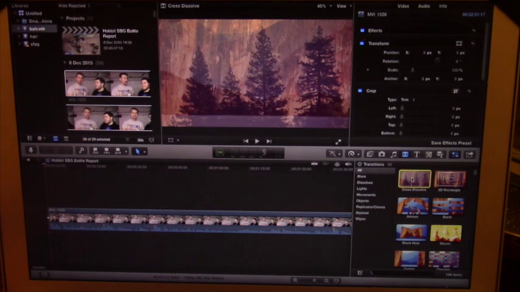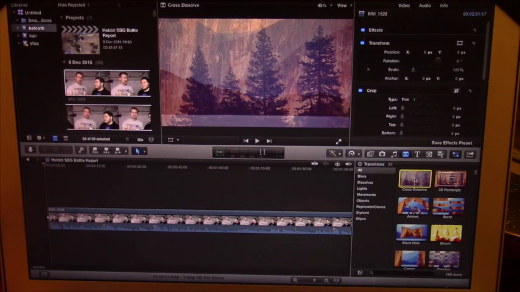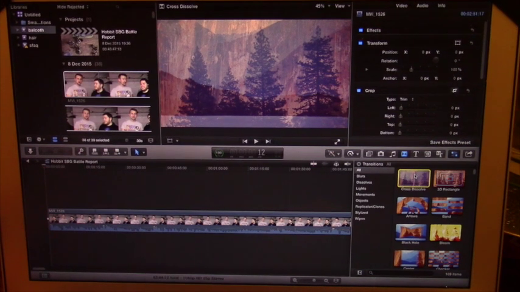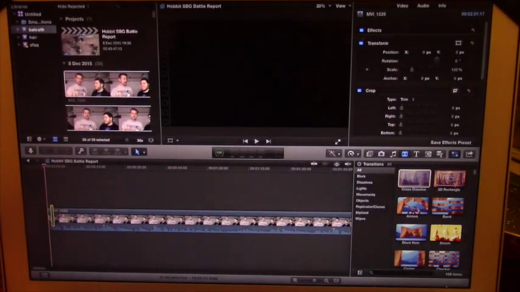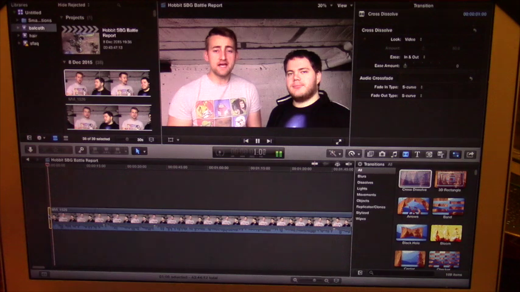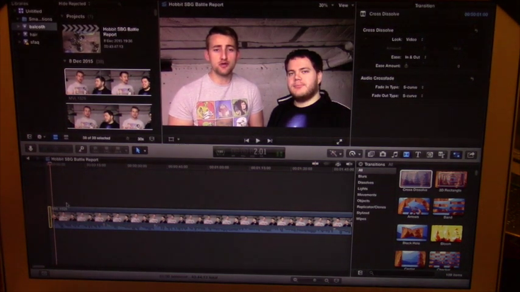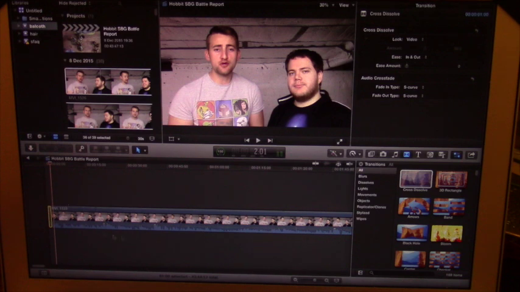And the one that I like to use to transition between clips most of the time, unless you're making some kind of sketch, is this, the cross dissolve. So I'm just going to click and I'm going to drag that to the start, and what that will do, it will give us a soft intro to start off with, like so. Welcome Hotgates gamers to... There you go. Okay, so that's the first part there,